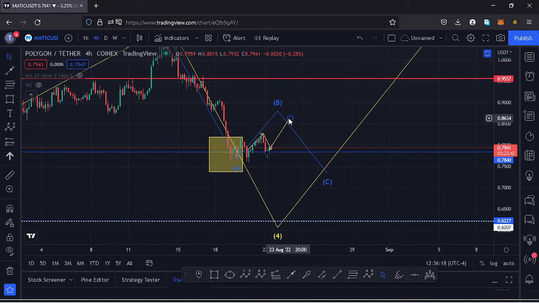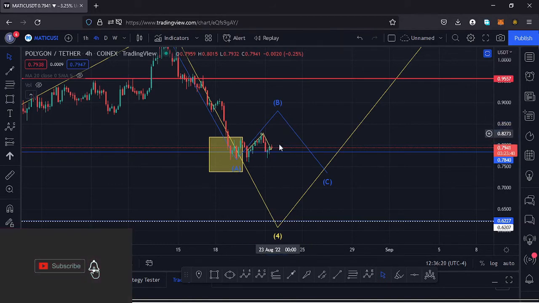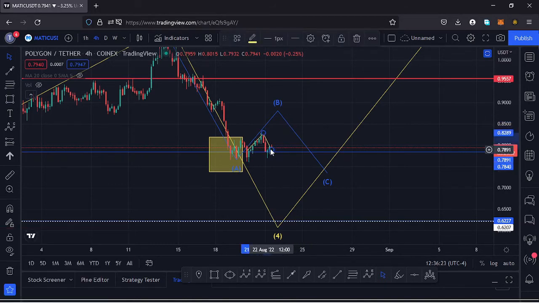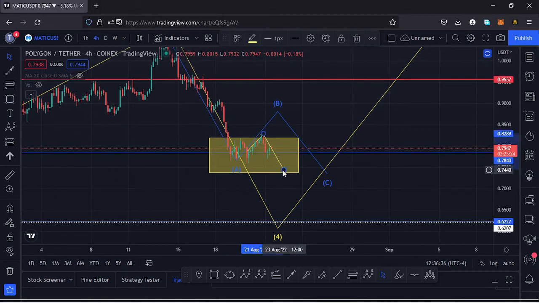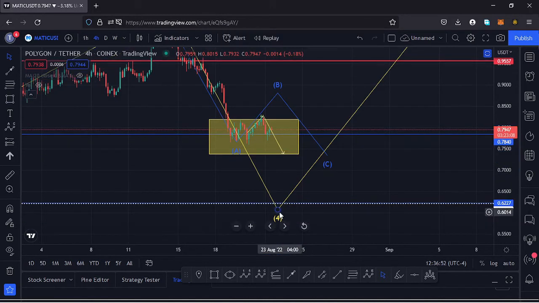And the other possible scenario is that as we try to have a retest of that key area of support, it's possible that we might lose that key area of support that is at around the $0.78 mark and head straight into the lower side of that target area that we have here on the charts. So it's possible, in case the retest is not a success, we lose that key area of support, we might maximize our yellow target area and then see the low for that fourth wave to the lower side, then continue pushing higher in the formation of our wave 5.